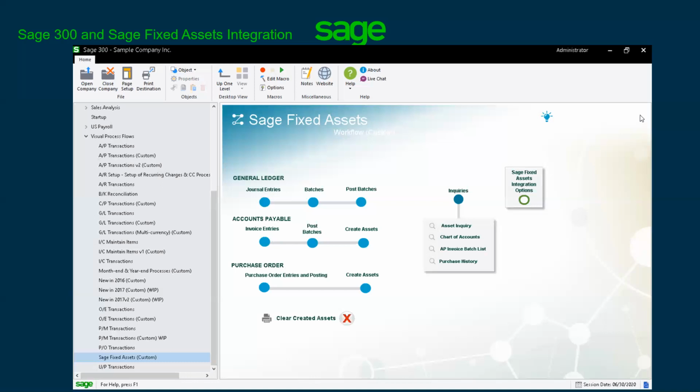Now, once I go into the fixed assets module, I'm actually going to show you some templates there, which is also very handy because you can create templates for different types of assets. So if you're doing an asset creation from a PO module in Sage 300, let's say, you can tell it to actually apply templates. And what that's going to do, in addition to the information it's getting from Sage 300, such as value, place and service date, and any other miscellaneous information, it will merge it with the template data,